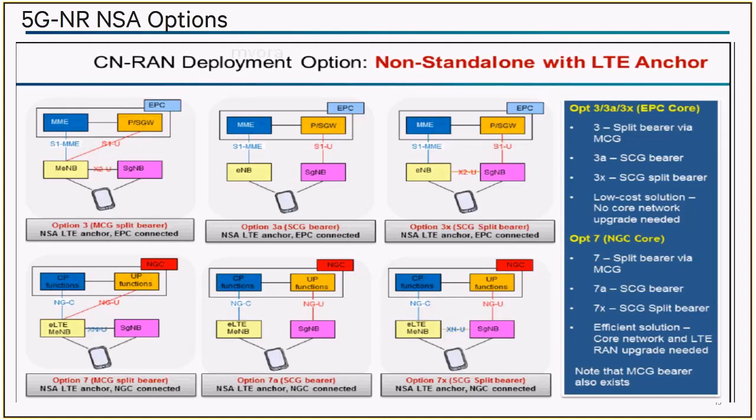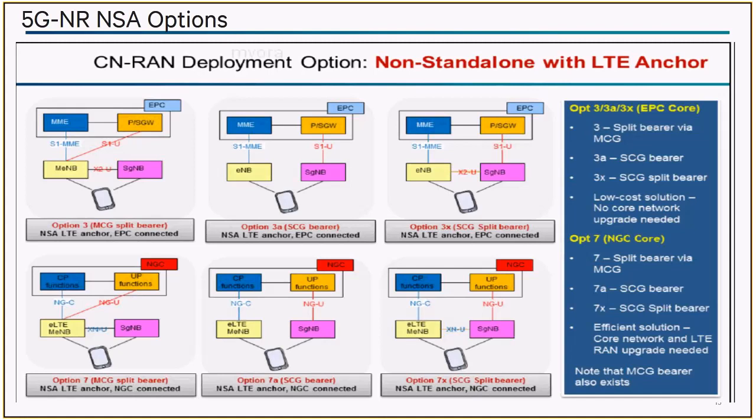Correct. Between option 3 and option 7 also, you won't come to know what is happening to your core network. For the UE, you are getting a data packet, a control channel is getting established on the LTE side. You would get an LTE packet on the gNodeB. If you start also getting an LTE packet on the eNodeB, you can assume you are in option 3X or option 7X, because you are getting two simultaneous user plane packets from both LTE as well as gNodeB. But if you are not getting that, there is no way to identify whether you are in an option 3 network or in option 3X.